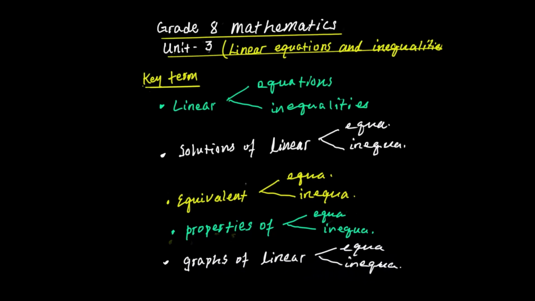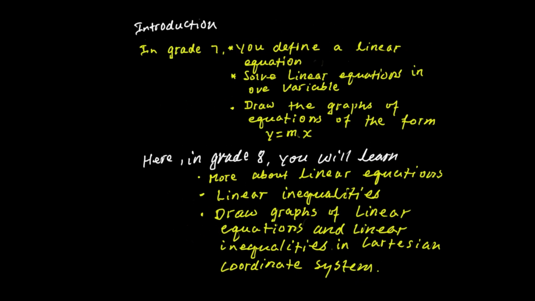እነዚህን ዋና ነጥቦች ነው እንግዲህ የምንማረው ተማሪዎች። እሺ ተማሪዎች፣ እንግዲህ አዲሱ ዩኒት ውስጥ linear equations and inequalities በሚለው እንደ ኢንትሮዳክሽን የምሰጣችሁ ነገር ቢኖር grade 7 ምንድነው የተማራችሁት ያንን ላስታውሳችሁ። In grade 7 you defined a linear equation as an equation that can be reduced as ax plus b is equal to 0, where a is different from 0። በዚህ አይነት define አድርገናል።